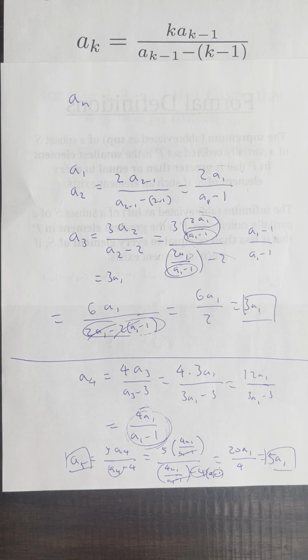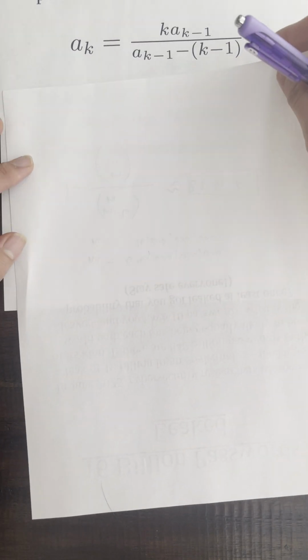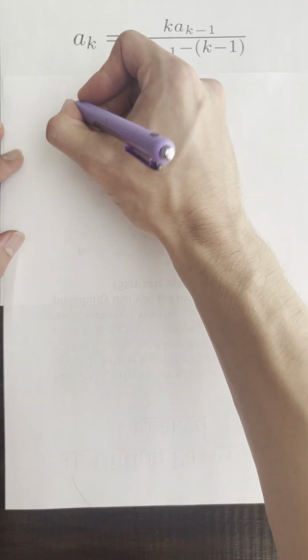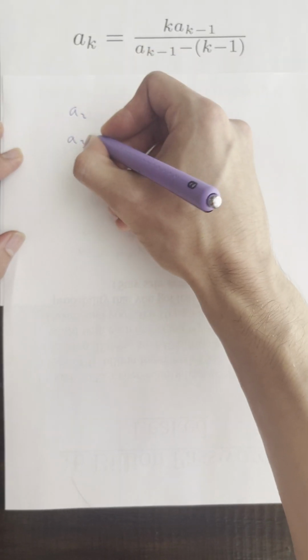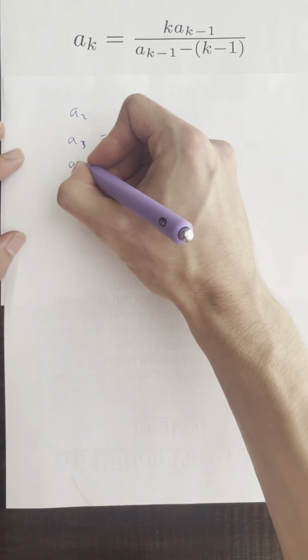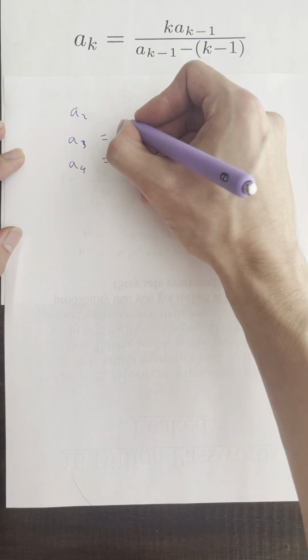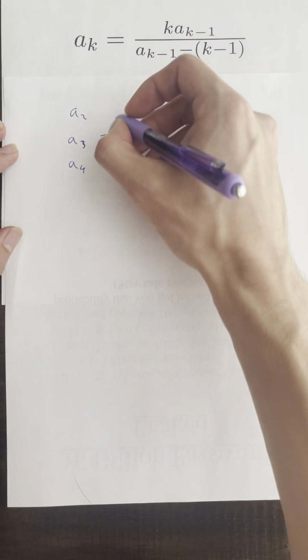But let's see if there's a pattern with the evens. To check, we're going to start with A2, and then see what we get for A3 in terms of A2, and then plug that in for A4. So A3 in terms of A2, let's use this again. What's K going to be? K is going to be 3